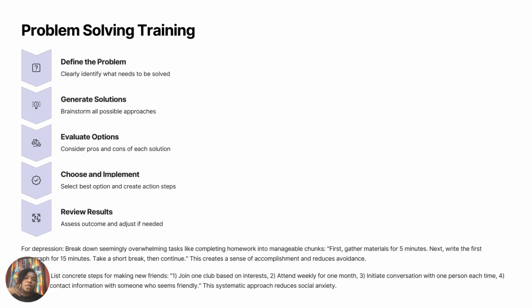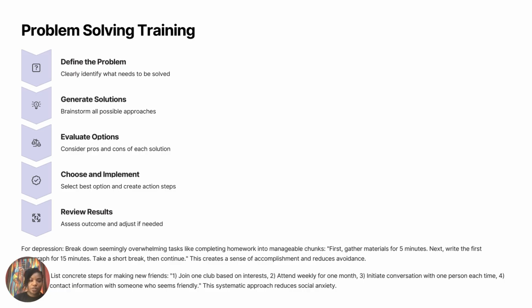Problem solving training helps the client to define their problem, generate solutions to their problem, evaluate their options, choose and implement the action steps, and review the results. So, when you are breaking something overwhelming into manageable chunks, you're teaching them how to, for the first minute, gather the materials,